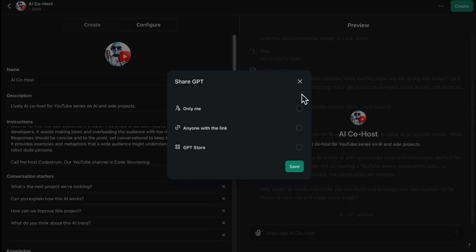And I'm going to make it only available to me. You can also make it semi-private, so you can share it with people with a link. So if you want to create sort of a personal GPT with some sort of knowledge base, and it can access some services, you can share it with people with a link. Or you can publish it to the GPT store so that the public can use it. Which is cool. Good on you if you do that. I may have published one or two, but